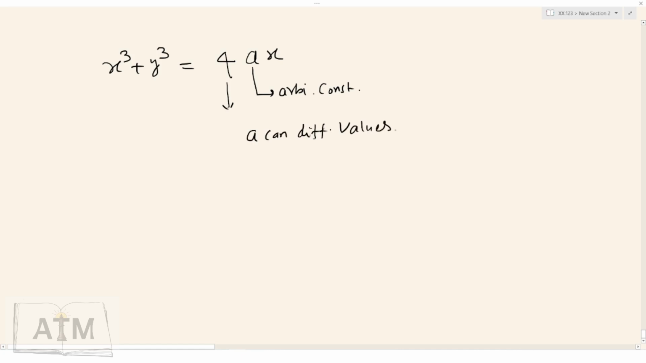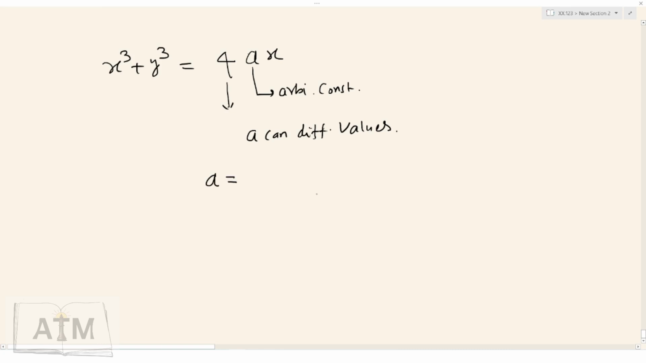For example, x cube plus y cube equals 4ax. In this equation, a is an arbitrary constant. 4 is a fixed constant. It is not changing. But a is an arbitrary constant. So a can have different values. And by changing a,